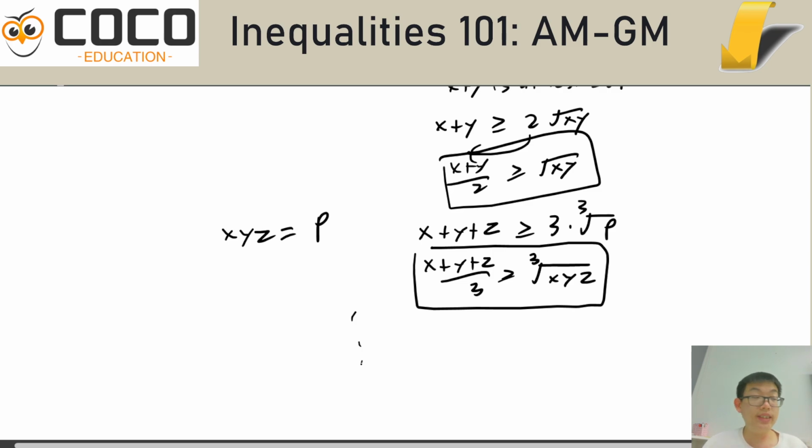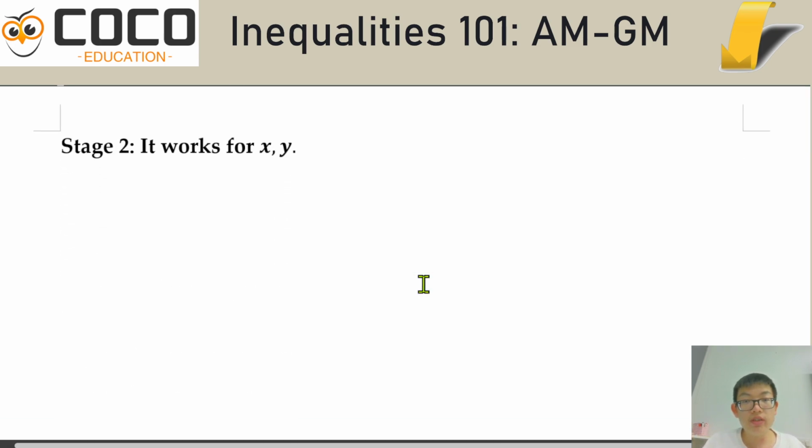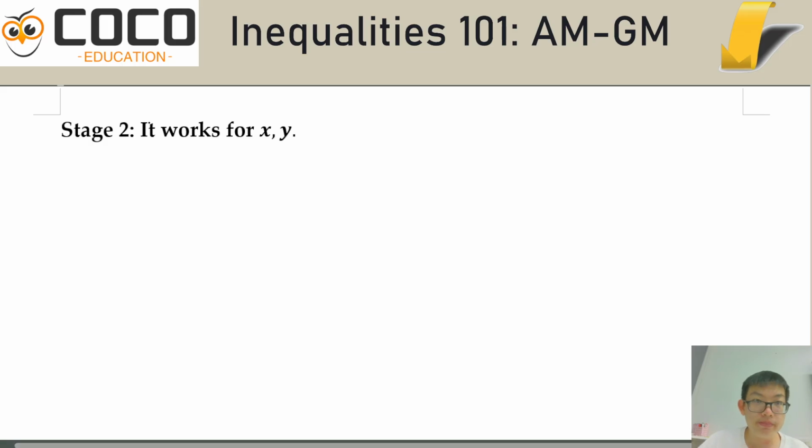In other words, the statement made by AM-GM is just a more technical looking and fancy way of saying something that we said was obvious some time ago. I want to say a bit more about these 2 and 3 variable examples though, because you may not quite have realized to what extent these appear everywhere. So let's talk about x and y.